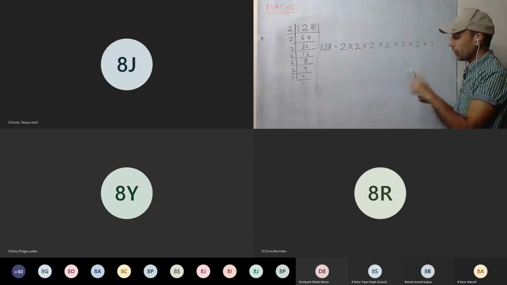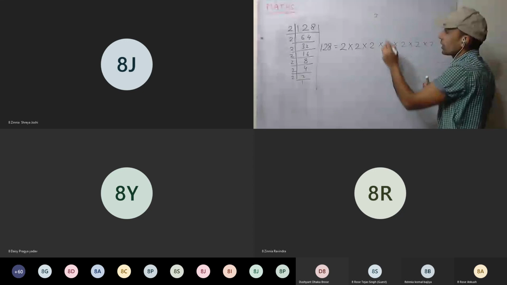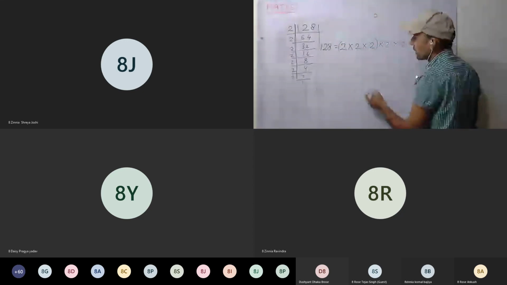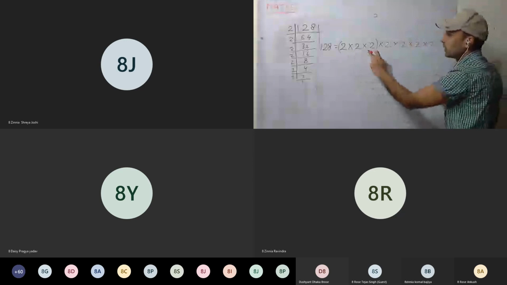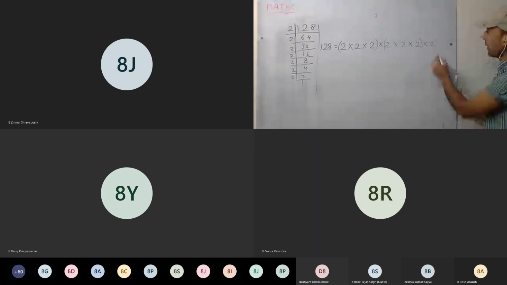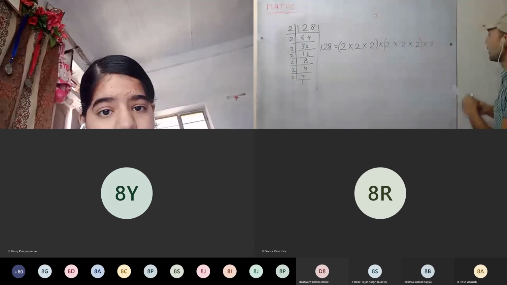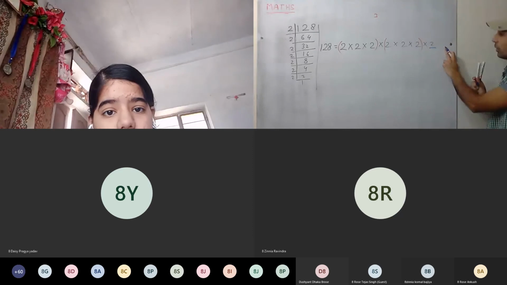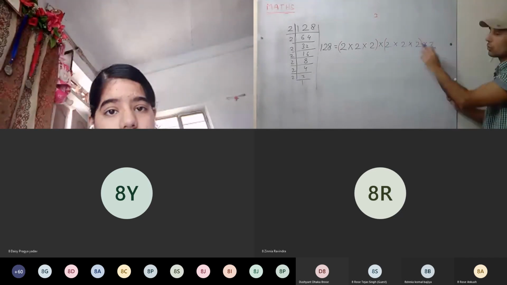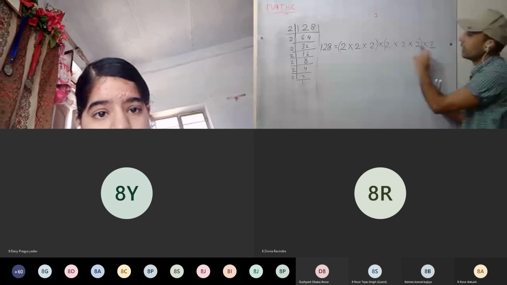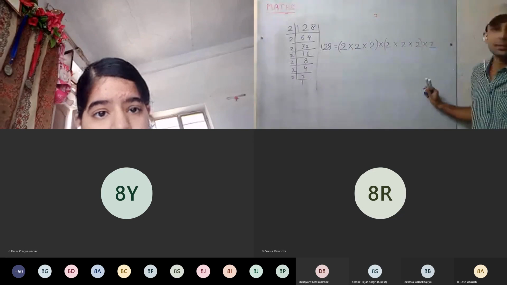Now it's a cube, that means power of 3. So here we'll be making triplets, a group of 3. Again make a triplet, a group of 3. Now can we make a group of 3? No. Here 2 is single. So we get either a single or a pair, because we want only the triplet. If anything is in a pair or single, that means it is not a perfect cube.